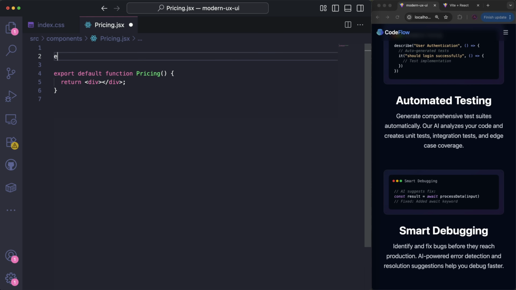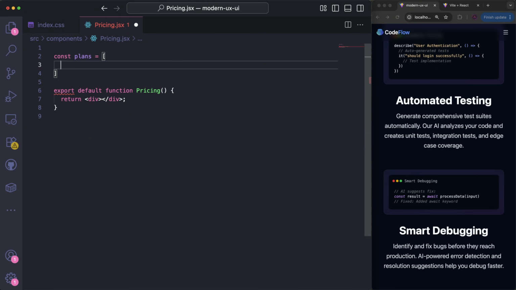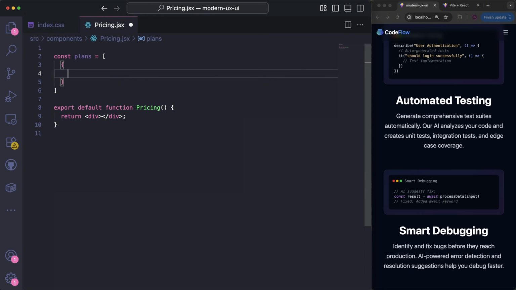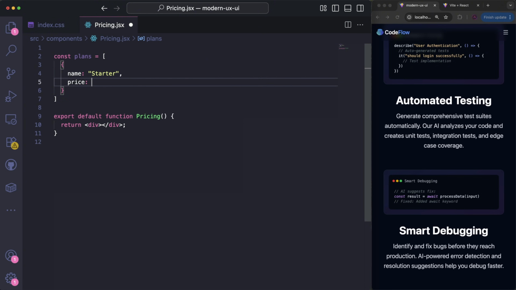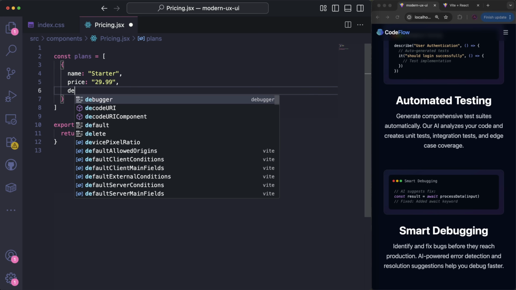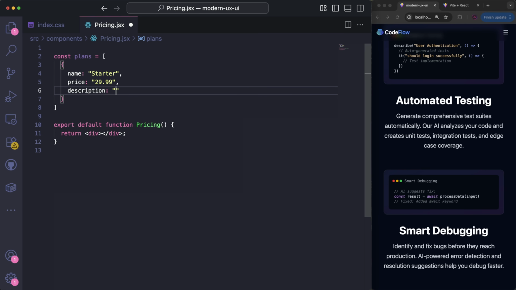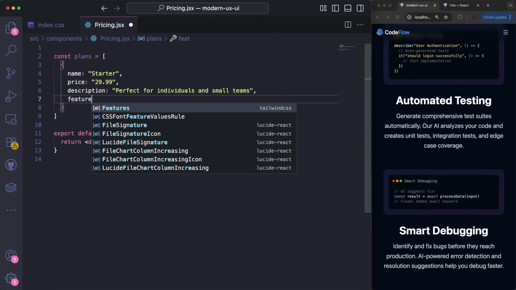So right off the bat, we need to do something similar to what we did with the features. We're going to come over here and create an array, which is going to define the different plans that we're going to have on this website. So for each plan, we're going to have an object with a name. So this is the starter plan. Then we have to have a price. For example, the starter plan is going to be $29.99. Then we're going to have a description, something like perfect for individuals and small teams. Then a features section,